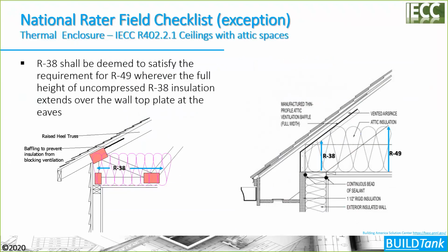From a thermal envelope perspective, the DOE program relies on a statement in the IECC that basically says R38 shall be deemed to satisfy the requirement of R49 wherever the full height of uncompressed R38 insulation extends over the wall top plate at the eaves. This ultimately means that you can lower the R value if you can still meet the HERS index target score